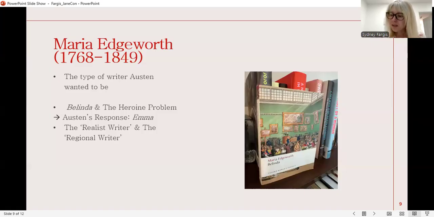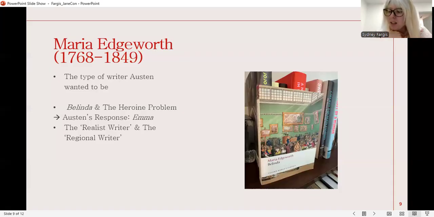So, as I said, she writes to her niece that she loves Edgeworth's novels. For much of the 19th century, Austen and Edgeworth were often discussed together. Might surprise some of you, especially since I would consider Maria Edgeworth, out of all of the authors we've talked about today, to probably be the one that you would maybe be least likely to have heard of before today's talk.